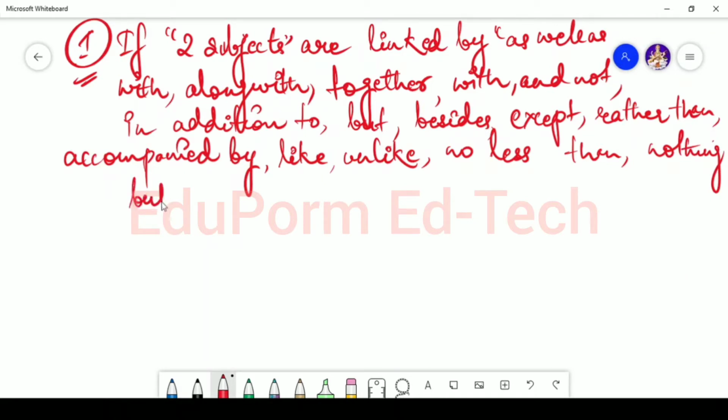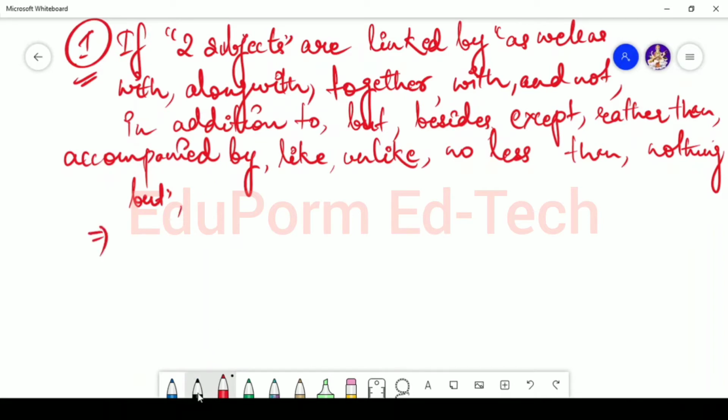Now if any of these subjects are linked by these kinds of words like as well as, along with, together with, and not, or in addition to, but, besides, except, rather than, accompanied by, like, unlike, no less than, nothing but,